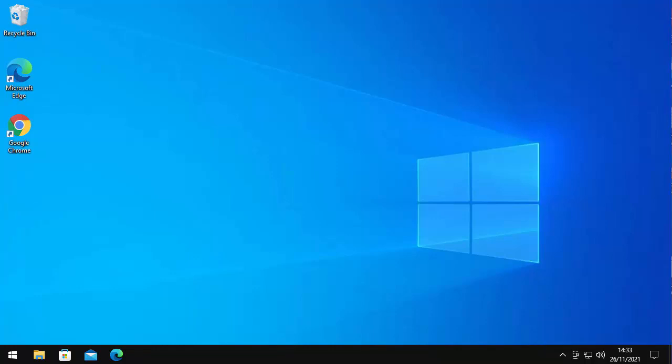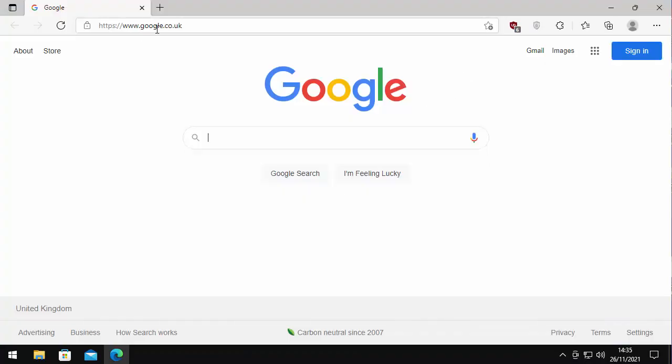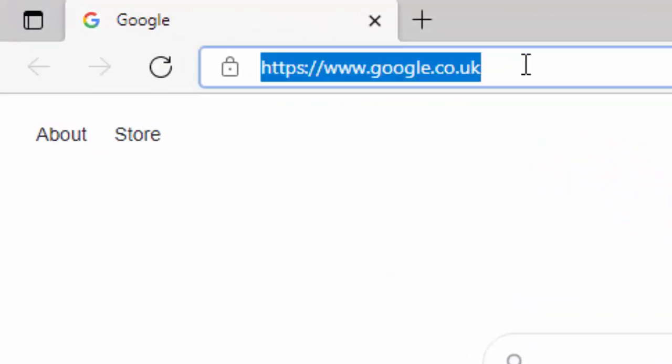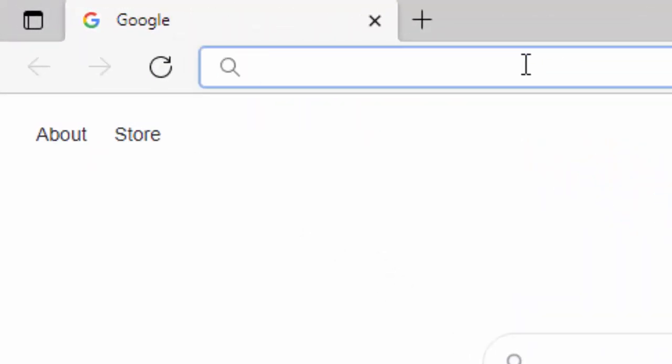Now, first of all you need to do is open your web browser. It doesn't matter which web browser you use, but I'm going to use Microsoft Edge because it's virtually installed on all of those machines. So just double click Microsoft Edge or your favourite browser, and then when it opens up, go to the address bar right at the top of the screen, not the search bar in the middle, but the address bar right at the top. Click in there, delete out anything that might be in there, and then type